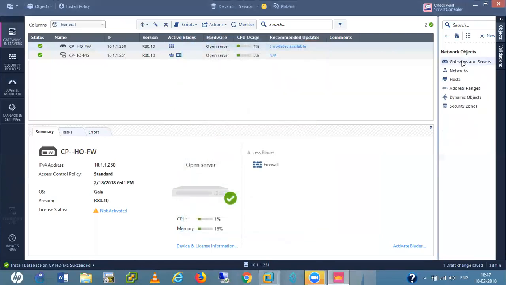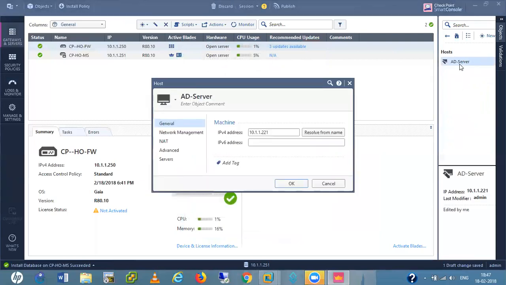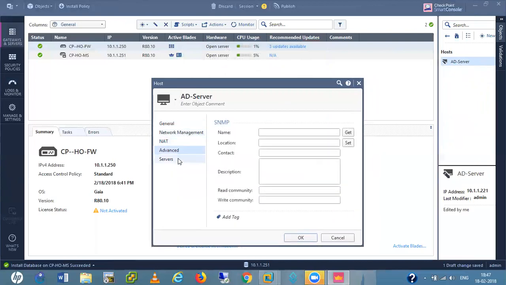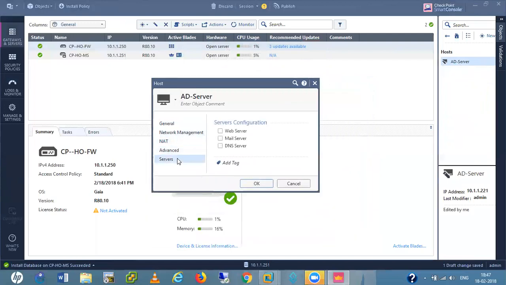Let me first check the network object host that we have for AD. Net advanced, servers, web server, mail server, DNS server.